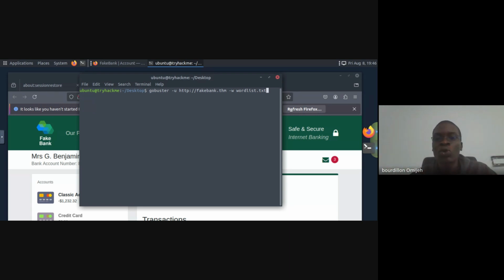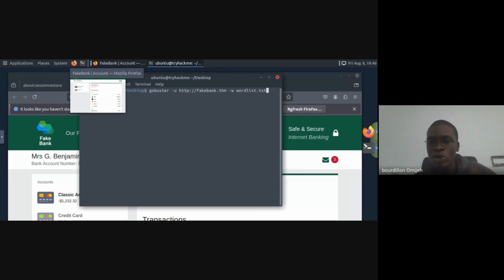Dictionaries and word lists contain a lot of the most commonly used words that websites or users might use. If you want to hack into a website, you can download a word list and try all the different words in it. If any of those words is actually being used by the website, it will pick it up.